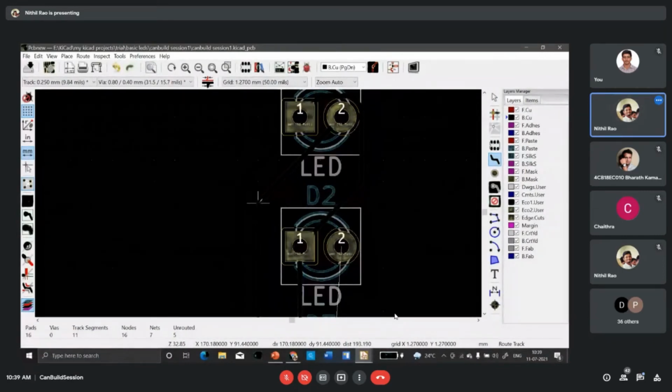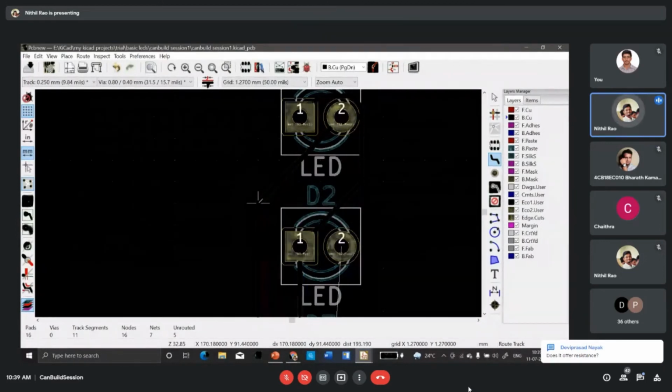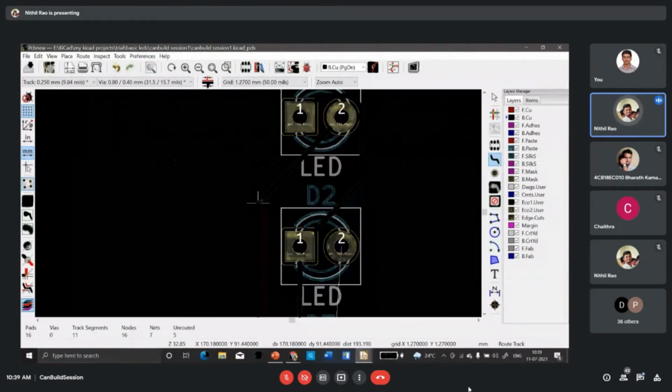Fine, no problem. So the answer is the basic property of conductors. You shouldn't keep any kind of sharp edges, because the charges are more concentrated. Does it offer resistance? It is about the conducting thing. It is not about the resistance. The problem is that there is more conduction.